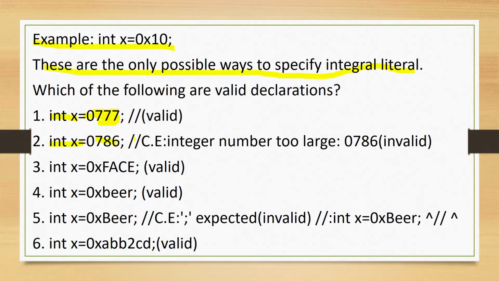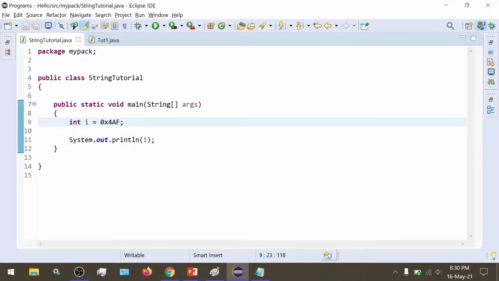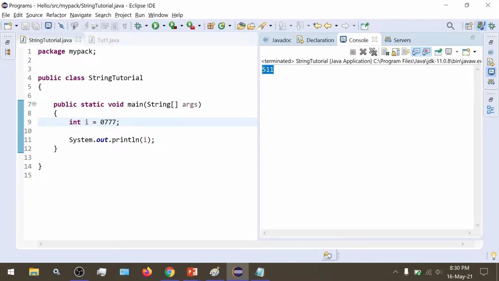Now why would we get an error? Because the number is too large to be accommodated inside the octal number system. The octal number system itself does not support this number 786. So we get an error here. Let's try to run this. For 0777, when we run this, yes, we get our output as 511.